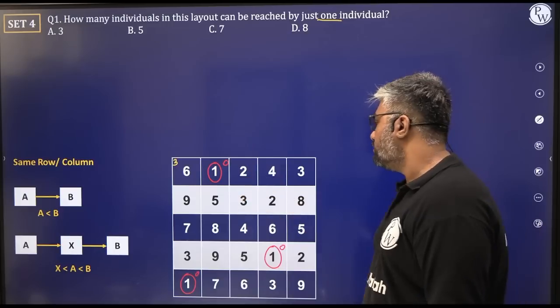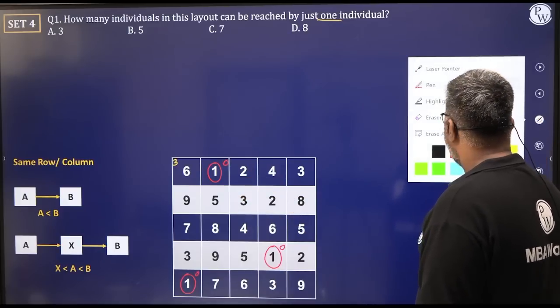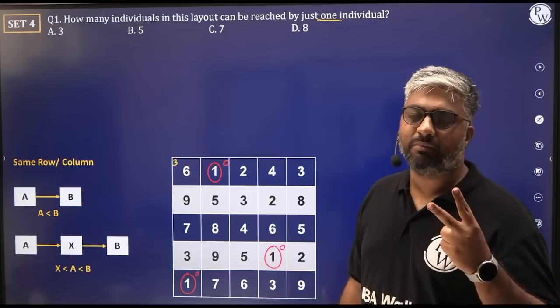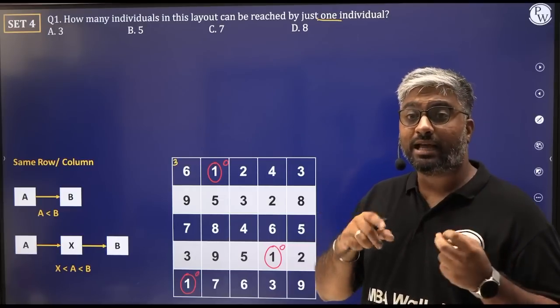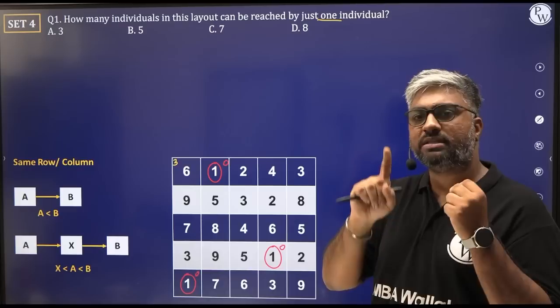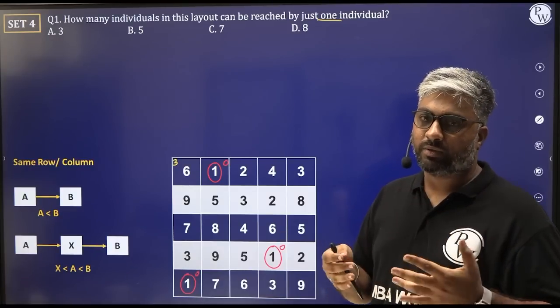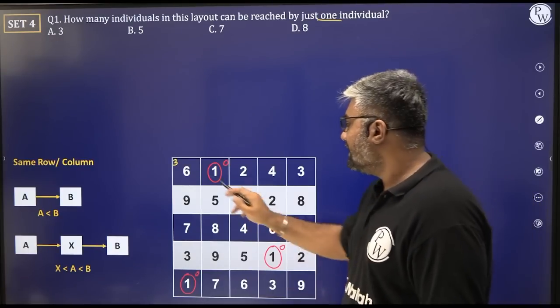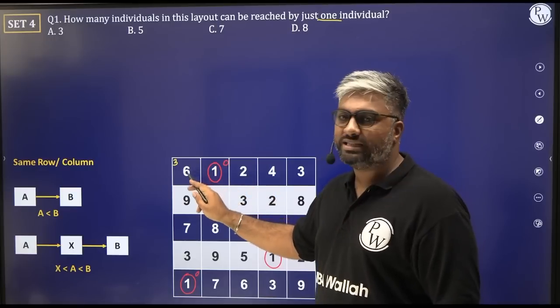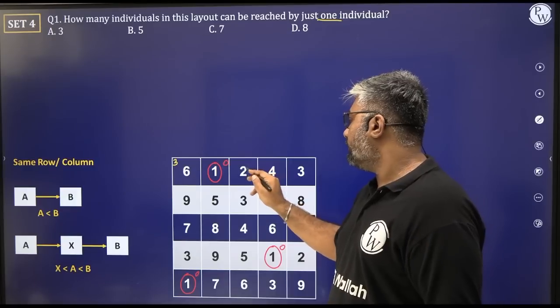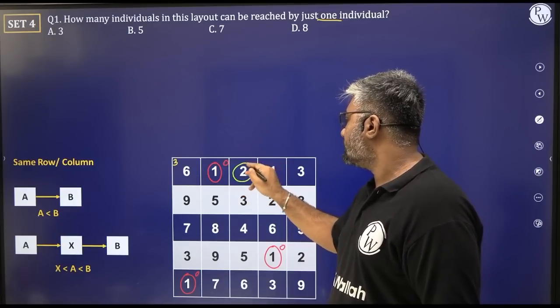Let's look at this number 2 now. What happens with 2? With 2, we can reach out from 1 to 2 alone, because again, 2 is a number which is greater than only 1. Right? So the only number less than 2 is 1. So if there is a 2 and a 1 next to each other, then that's possible. Otherwise, nothing else is possible. 6 to 2 we cannot do, because if 6 is A, then it has to be less than B. It is not, right? So with 2, we have only one case.